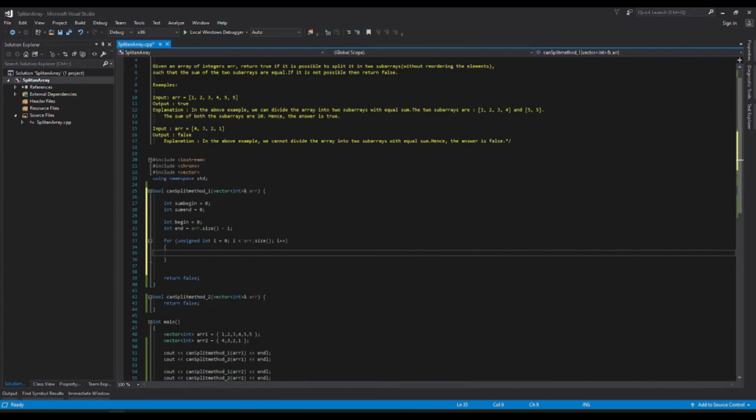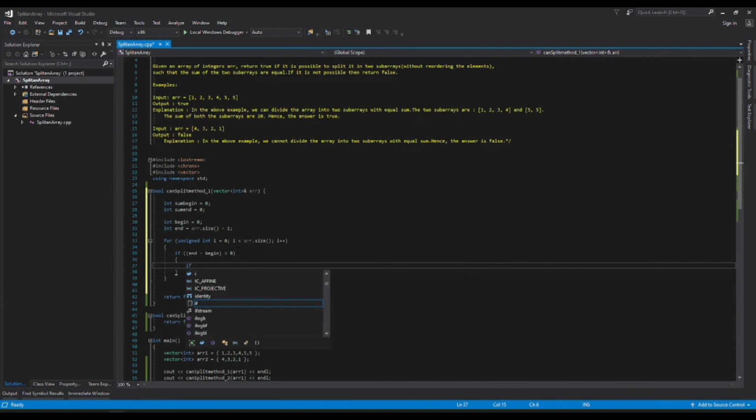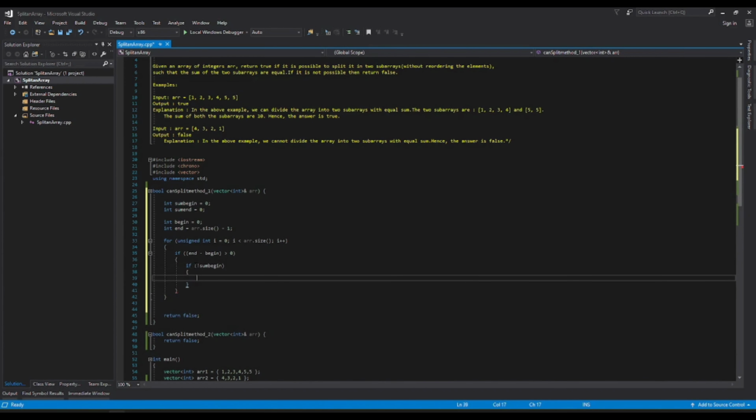Let me try to do the summation from the beginning and the end. So if end minus begin is greater than 0. Why am I doing this? Because when I move from front and back, I should meet somewhere, it should be the end. We need to check this. So this is the one case. For the first beginning, this one will be 0. So if it is not,